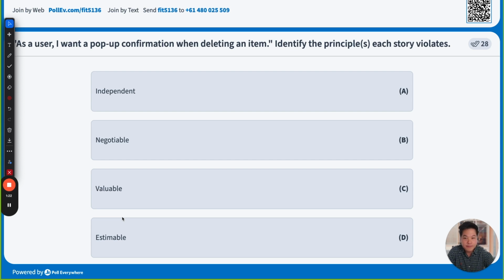Then a pop-up confirmation is maybe just an action after deleting an item. I'm not quite sure whether it should be called a feature, it's just a consequence action. So maybe we don't need to have this as a user story,